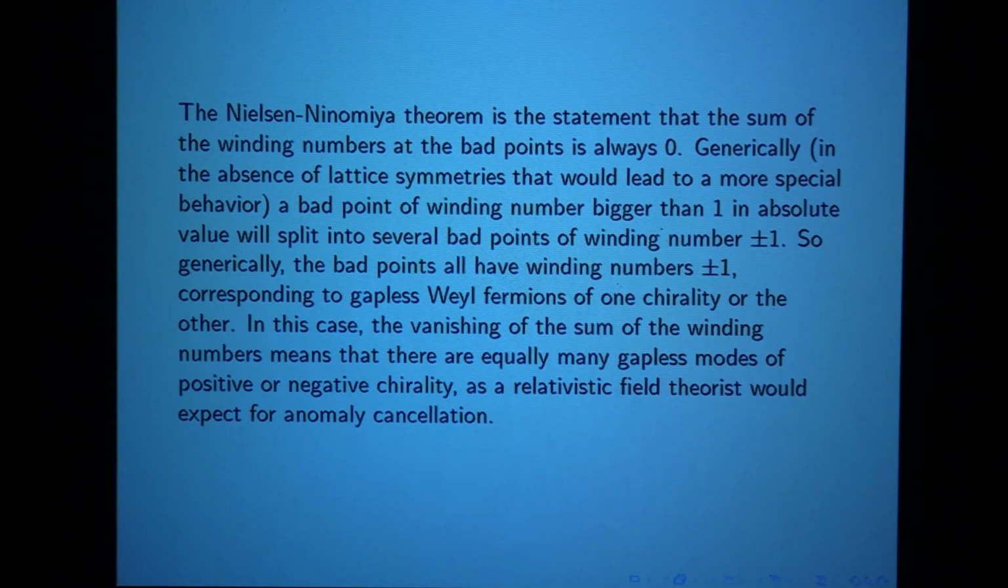But when the bad points have winding number plus or minus 1, the vanishing of the sum of the winding numbers means there are equally many gapless modes of positive or negative chirality, as the relativistic field theorist would expect for anomaly cancellation. So the Nielsen-Ninomiya theorem is completely general and allows any values for the winding numbers at bad points. But the case that will be familiar to a relativistic physicist is also the case that's generic if there are no symmetries that make something else